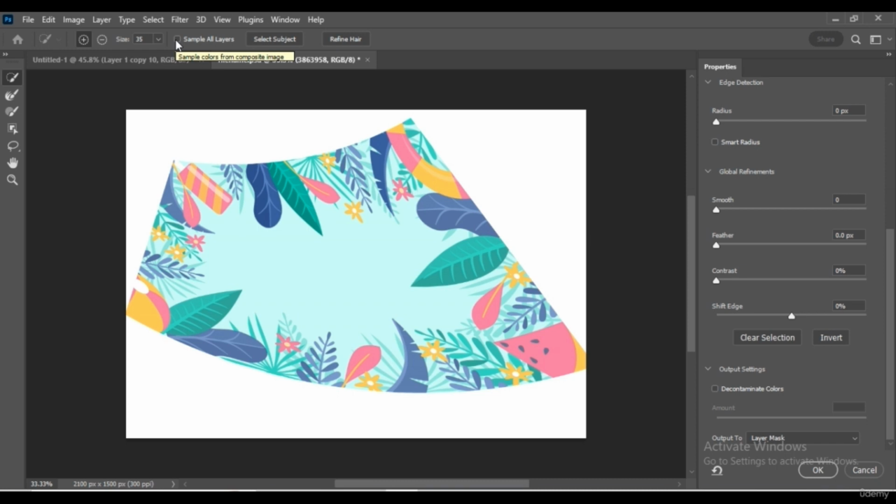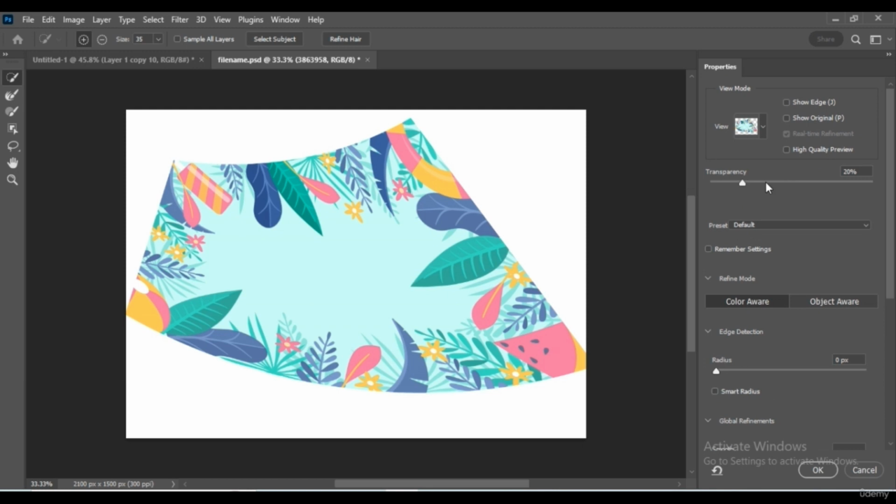This sample all layers is to select the layers that we are not activate in the previous window. Here you can see also the lasso tool and the brush tool, and also hand and the zoom tool.